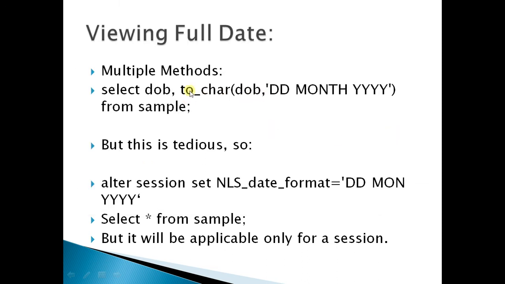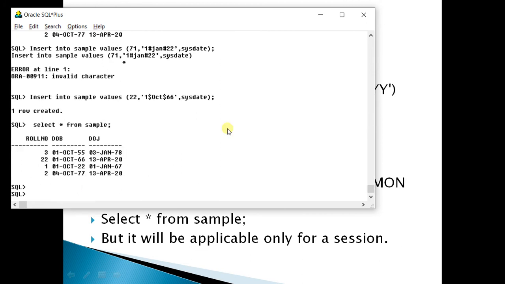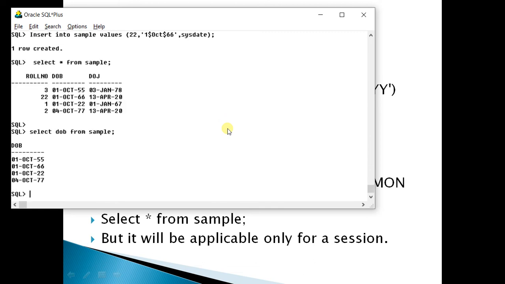Method number one is you can use the to_char function. What is the to_char function? It is very simple and easy. Let us see a simple example. Select date of birth from sample. You can see the dates, but all four characters of the year are not visible.